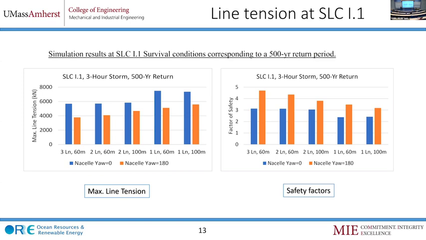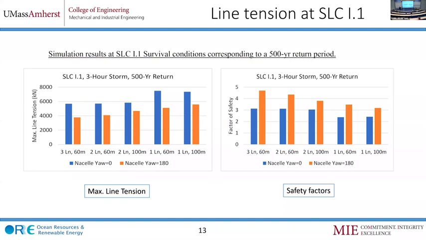Typically the American Bureau of Shipping, ABS, and most of the codes recommend a safety factor of 2.0 or higher. So with all our simulations, this is the survival load case, 500-year return period, a pretty intense storm. We find the maximum line tension in the case of one line at 60 meters water depth, one line at 100 meters water depth, and the blue corresponds to the wind turbine oriented such that it always looks